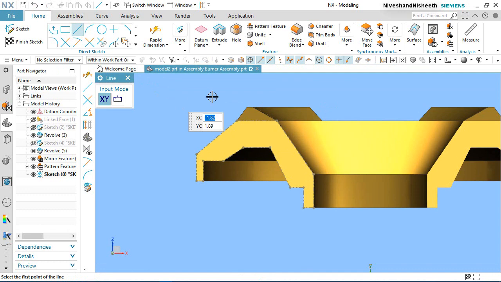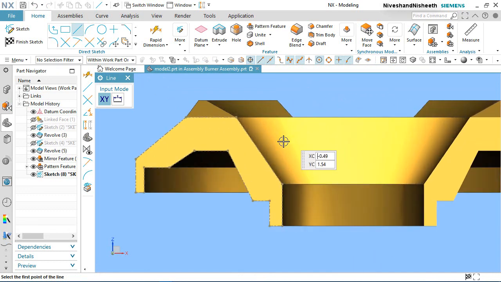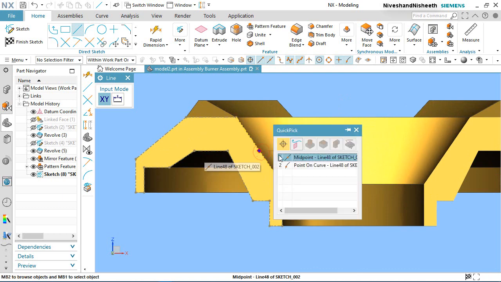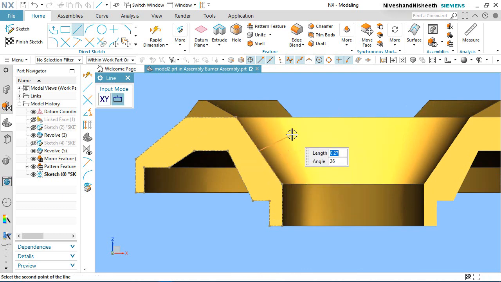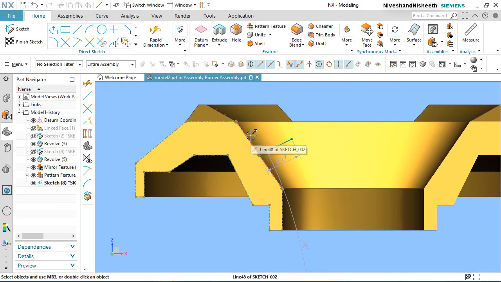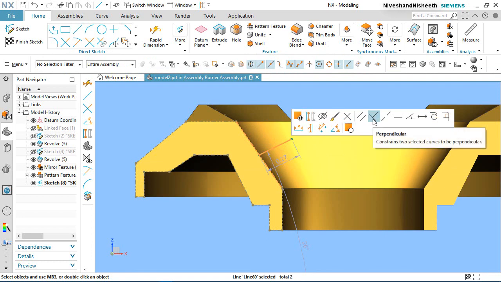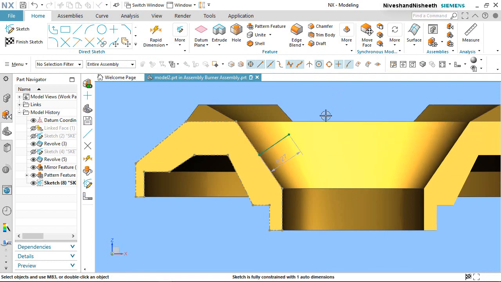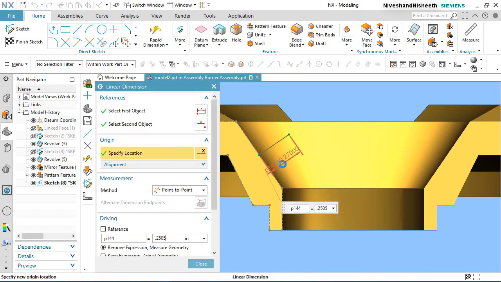Activate the line tool and start the line from the midpoint of this projected line. Select these two lines and apply perpendicular constraint. Select this dimension and value 0.2505 inches.